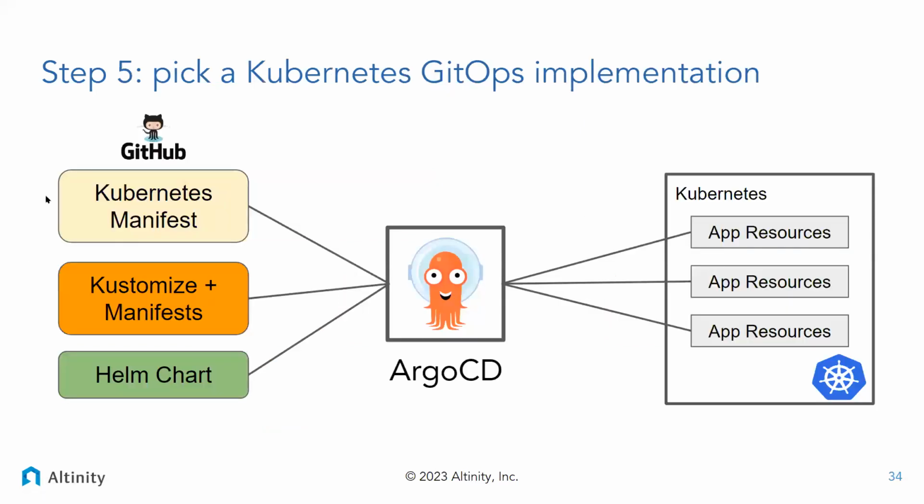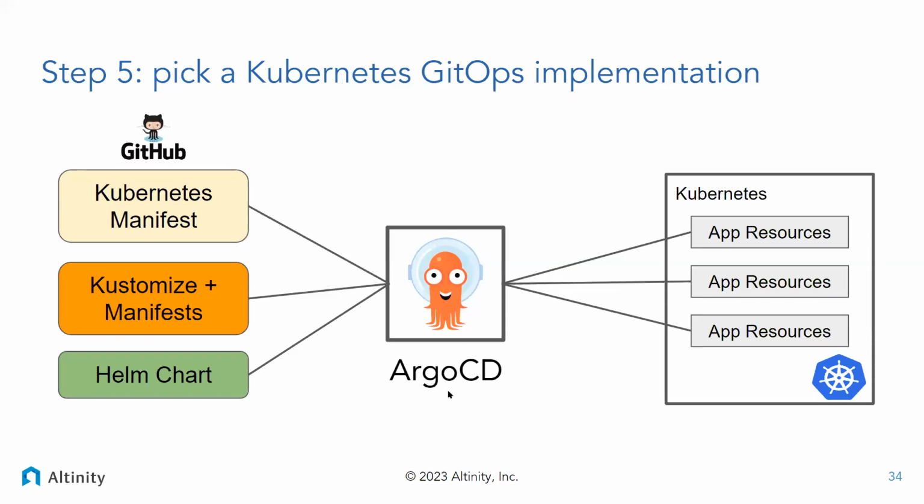And then the final thing is to pick a GitOps implementation. So what you want to be able to do is check in the code that defines this stack, and then be able to apply it to Kubernetes clusters in different locations. There are several ways to do this, but one that we've seen used very successfully, and we use ourselves, is Argo CD. And what Argo CD does is it will take projects that are located in GitHub, and they can